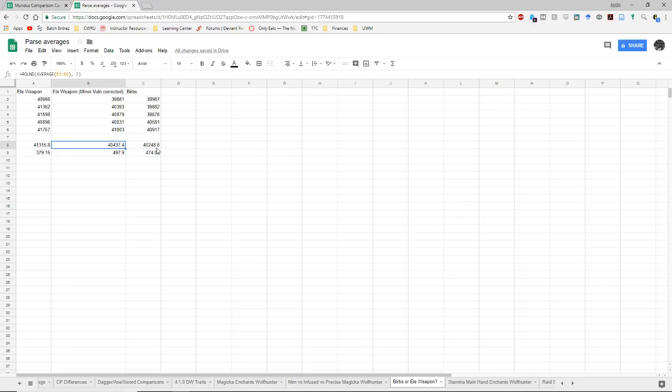It is pretty much comparable DPS, if not a little bit higher, but it just adds a little bit of additional group utility with the additional minor vulnerability procs, the additional concussed procs. So that's really the primary reason why I use Ellie weapons. That doesn't mean you can't use birds. Birds is perfectly fine. It's a perfectly good skill to use, but you will not be able to give the